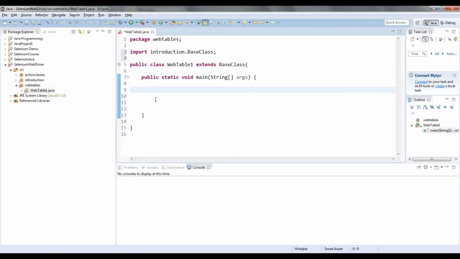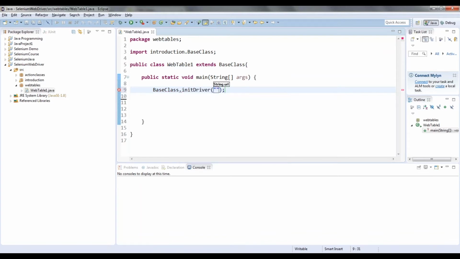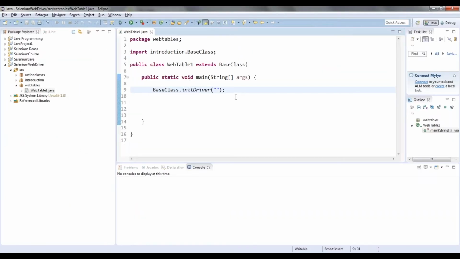You need to import that because it is in a different package. Then BaseClass.initDriver, I'm going to pass this particular URL. Okay, I will be passing that URL.